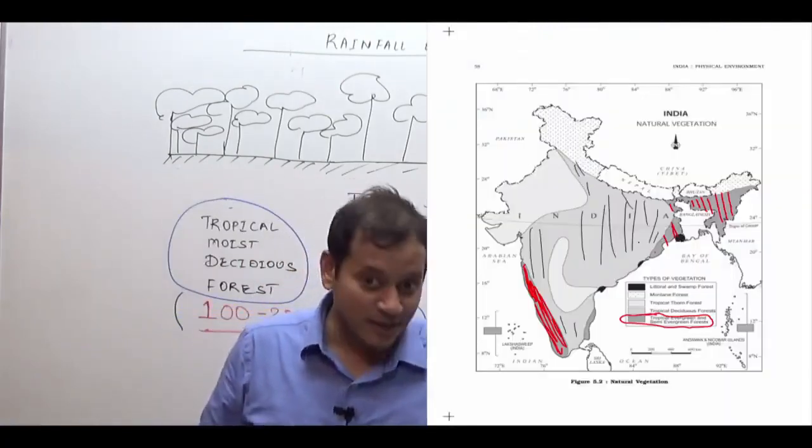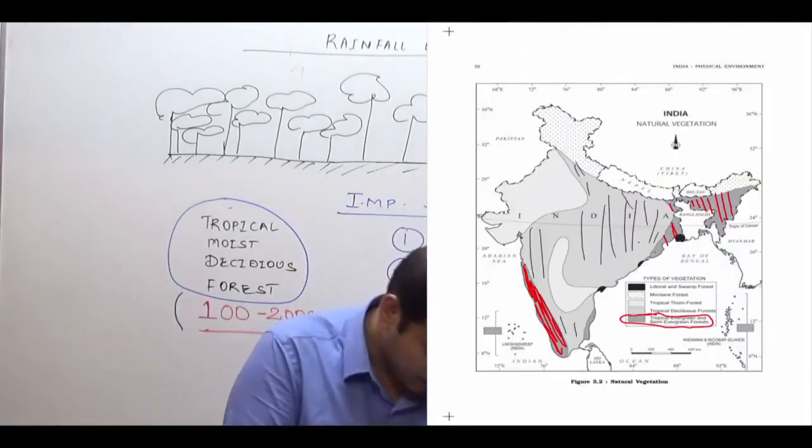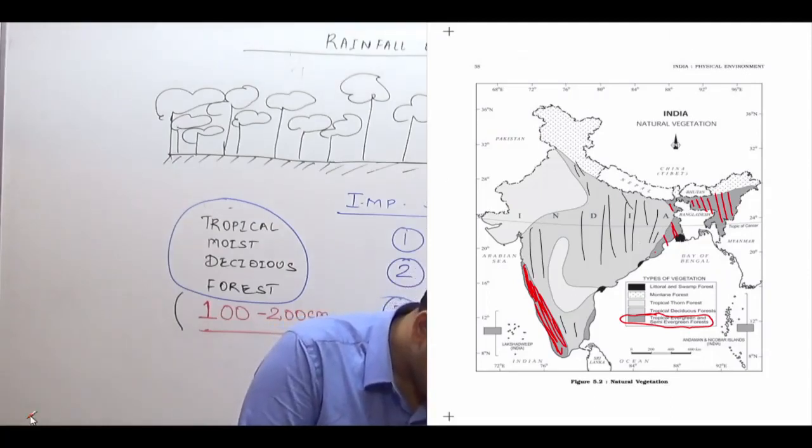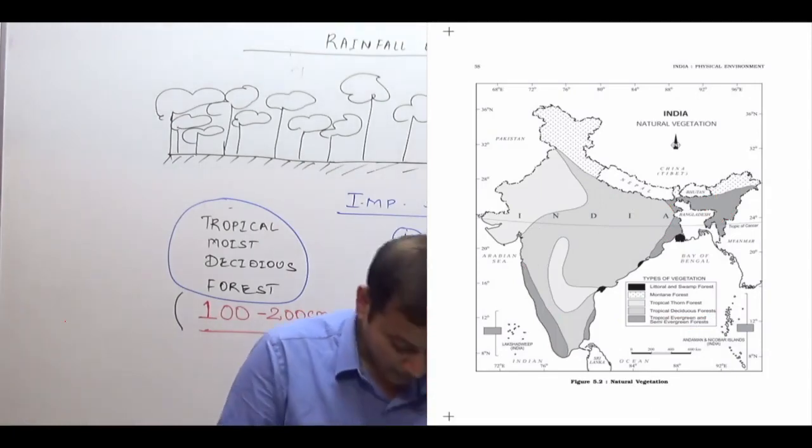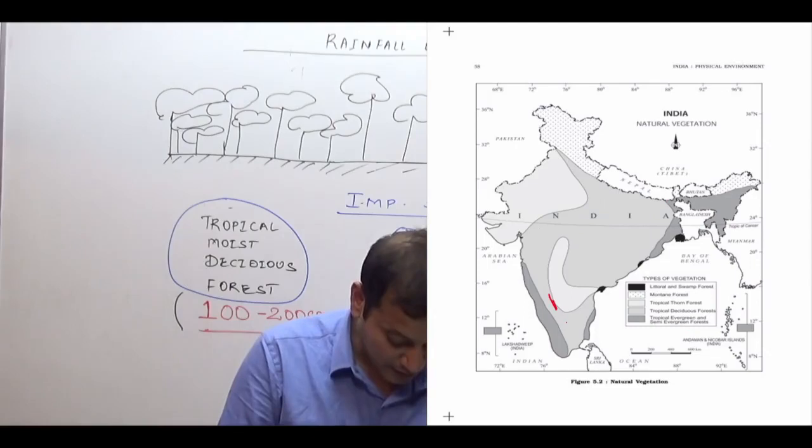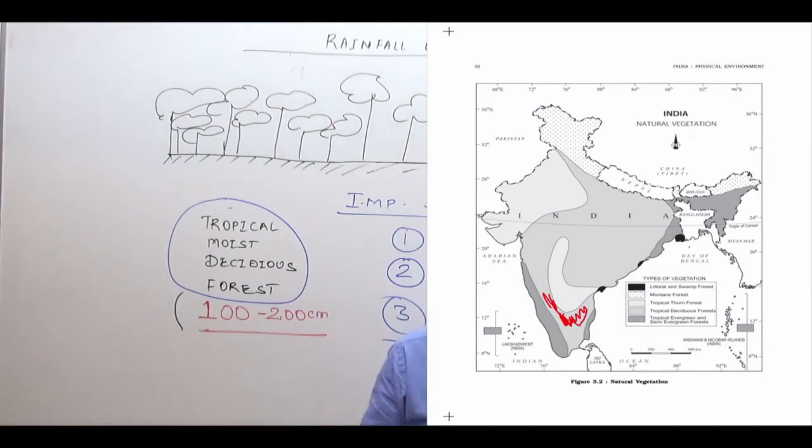In which part is the sandalwood found? Sandalwood is found in the state of Karnataka, in the lower part. So you can see, if the question comes, the forest in Orissa, this is Orissa over here, which is it? Tropical moist deciduous forest. Chota Nagpur Plateau, Madhya Pradesh region, moist deciduous forest. West Bengal region, moist deciduous as well as mangrove forest. Coastal Andhra Pradesh, moist deciduous forest. But for examination, you remember Orissa,